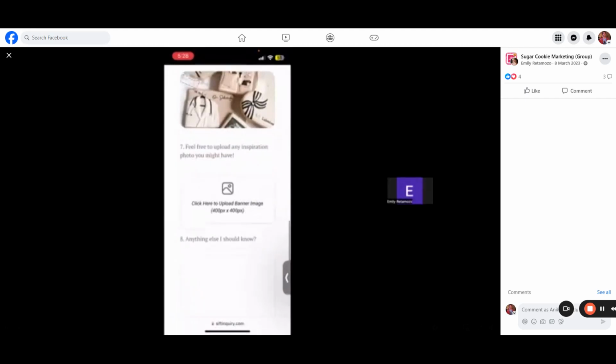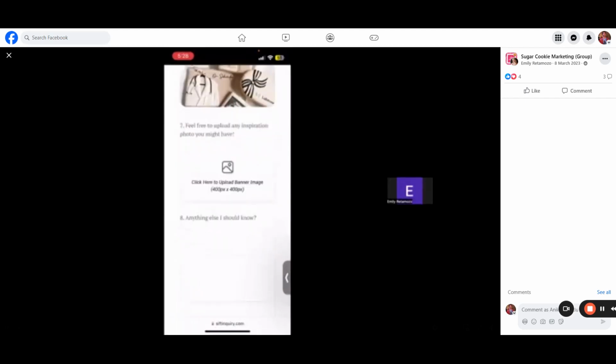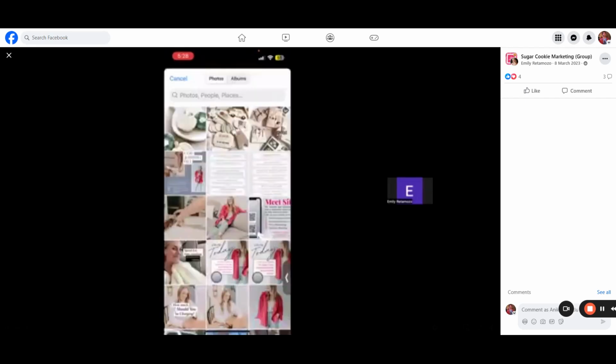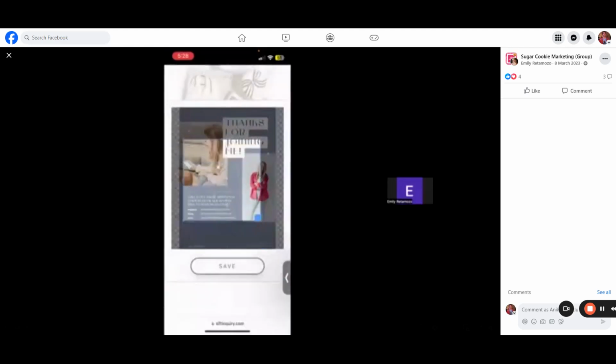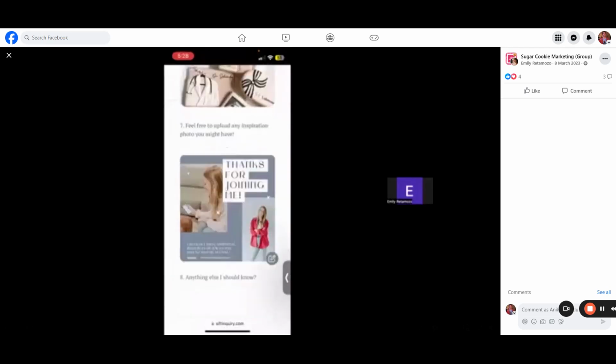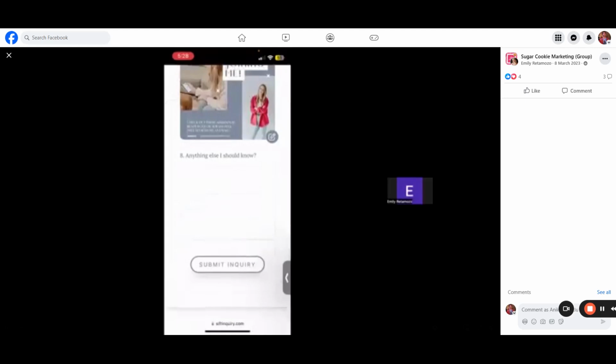They can also upload a photo right to the form for inspiration. So I will upload a quick photo here. Sure, we'll add this random thing. They can crop it and save. And then as soon as they submit it,